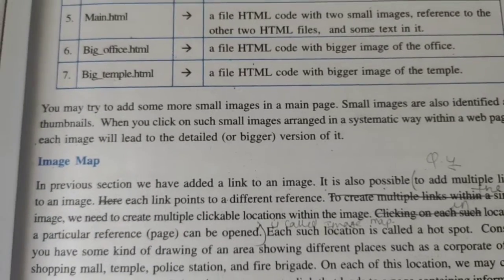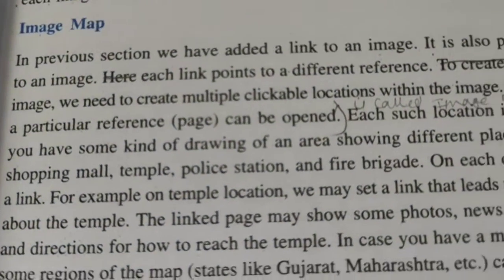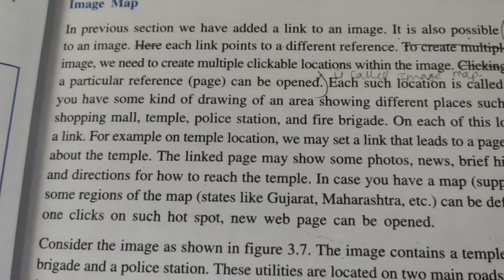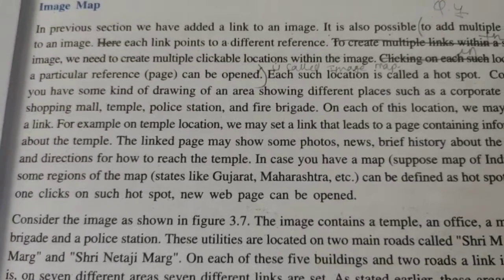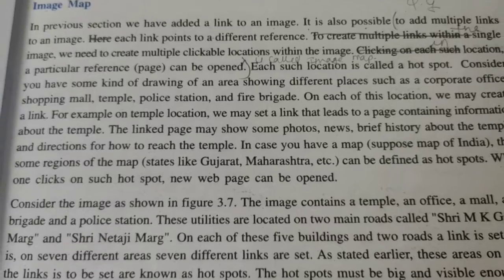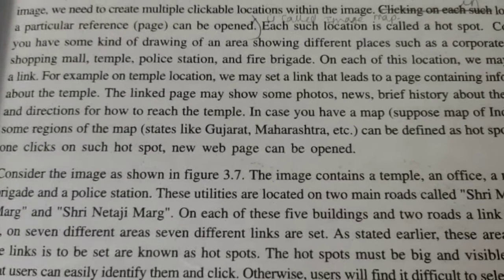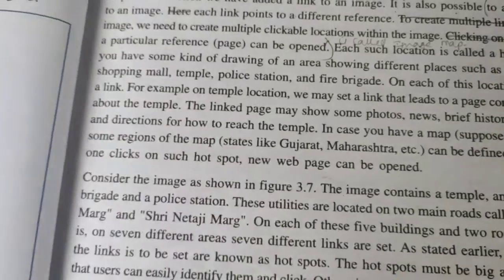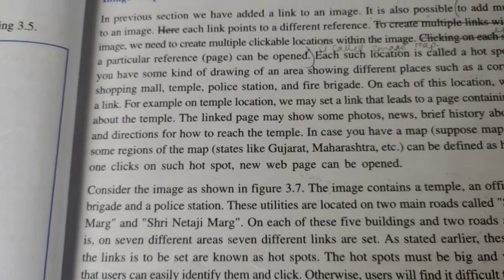Image map. You know, nowadays in WhatsApp, on computers, everywhere we use location to forward to anyone and give them a proper address where they have to come. That is used in an image map. When you are providing any location, you are using Google Maps on the computer, the same as an image map. For an image map, a proper address should be placed in your computer, where you are sitting and where your current location is.